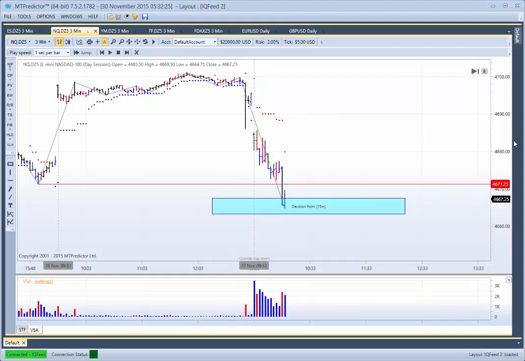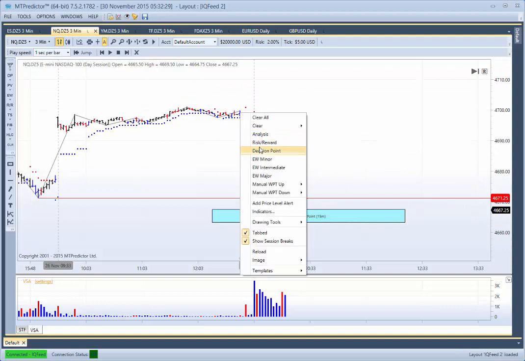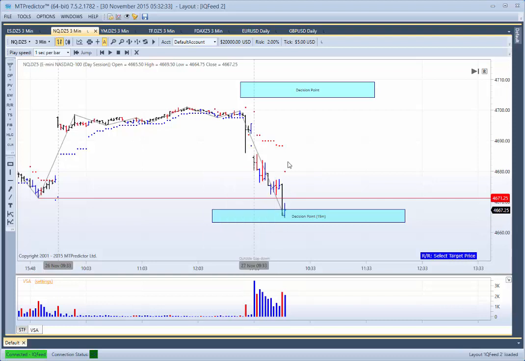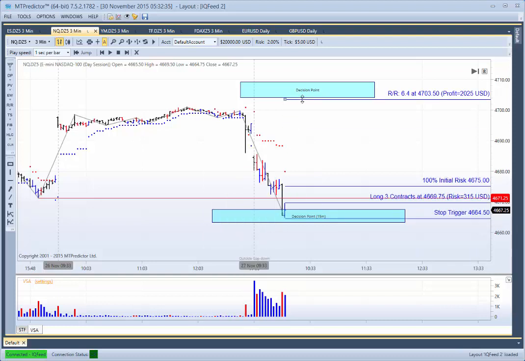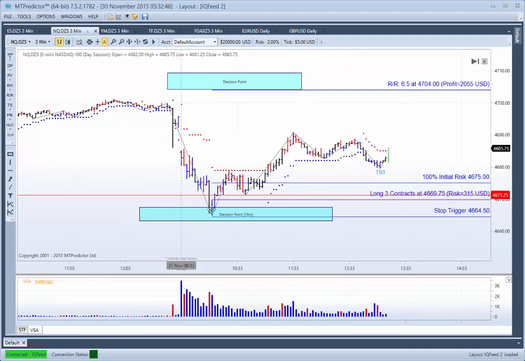Normally the trade would bid into the DP off the prior swing, which is right the way up there. So if I place the risk reward on here, it would be right the way up there, but obviously it was a short trading day yesterday or on Friday, so you don't really expect it to go all the way there. Let's turn training mode off, and as you can see, that would have caught the very low of the